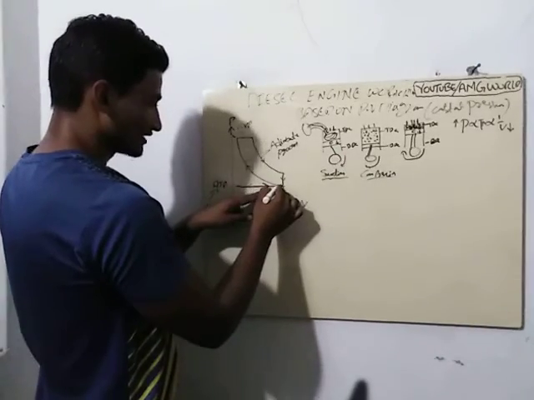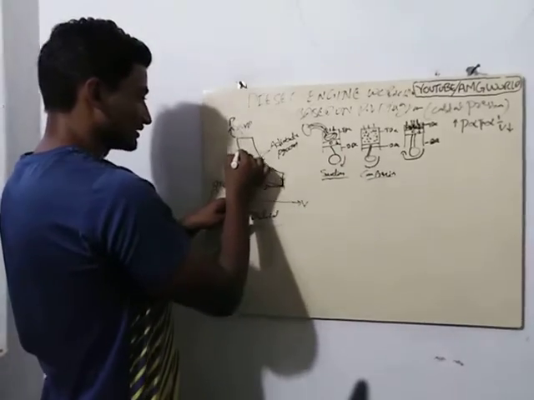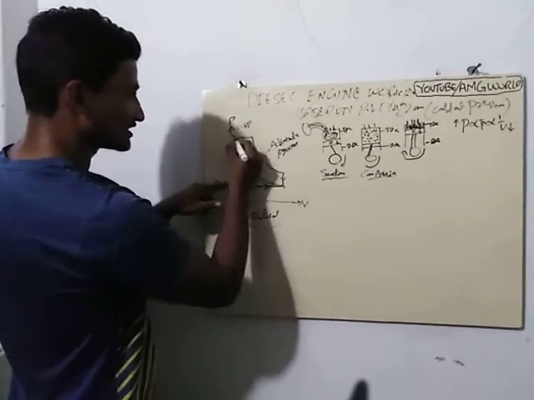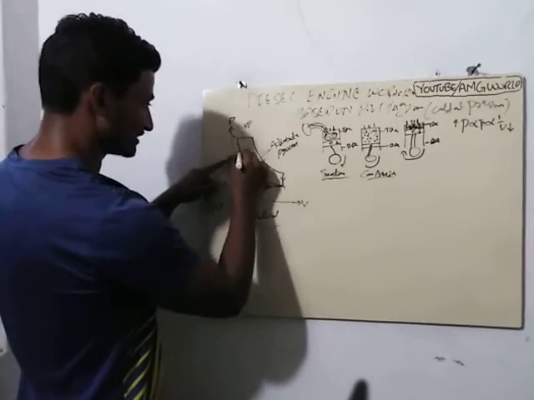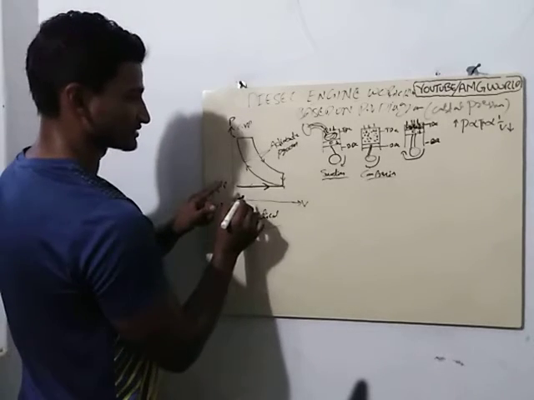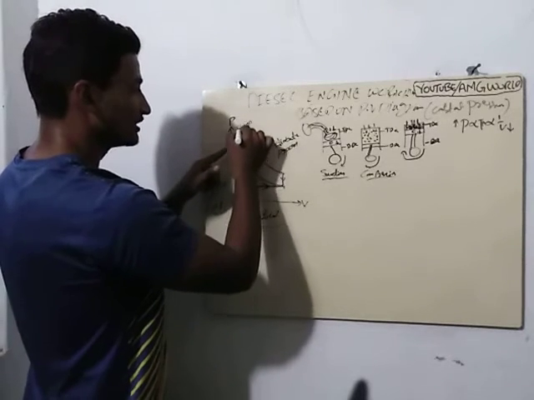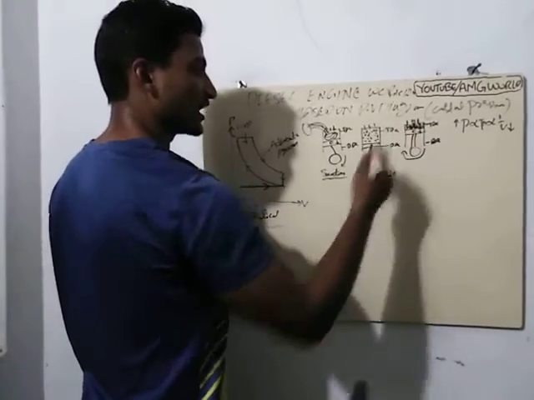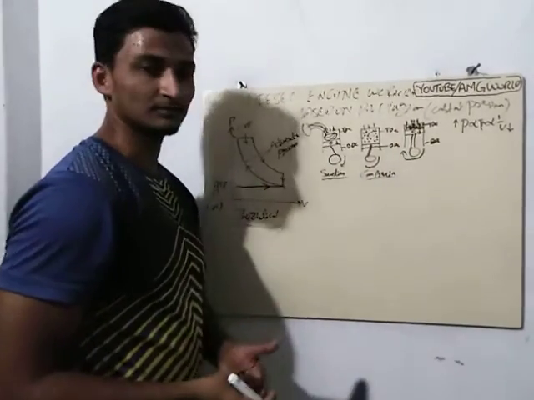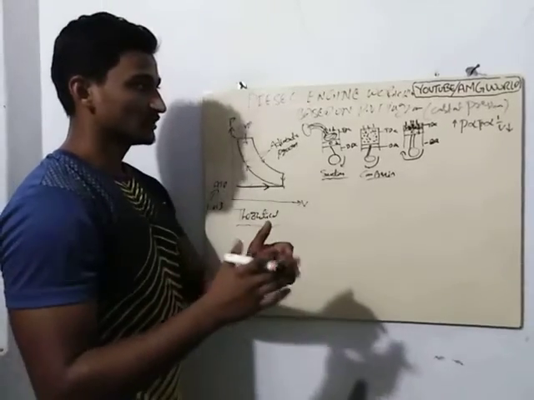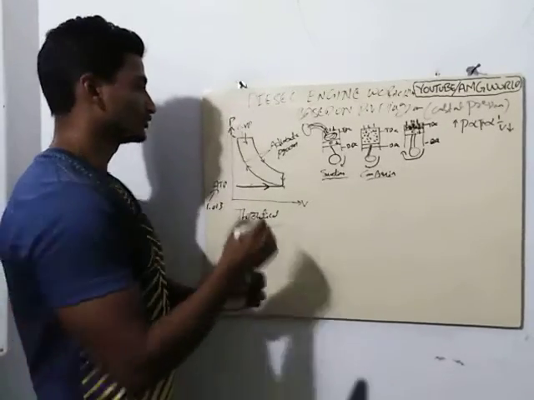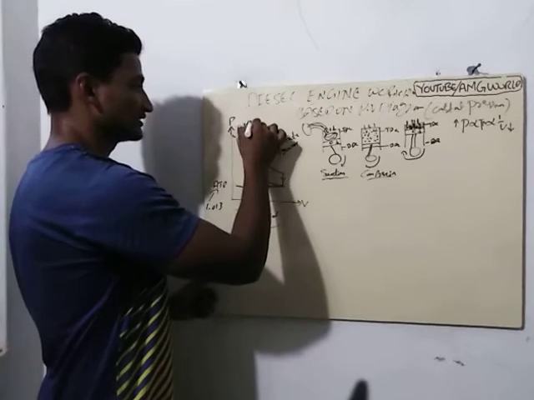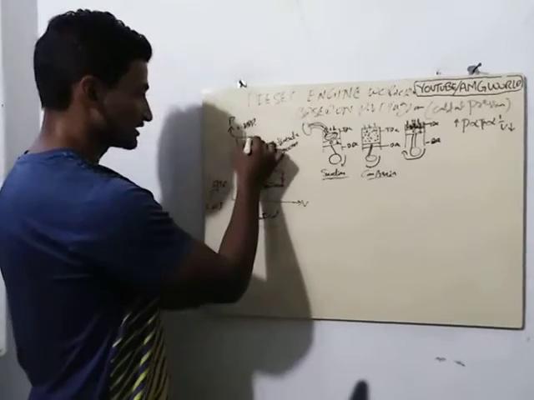So in this stroke, what happens? This is the compression stroke, right? Adiabatic compression. Look here, this is the compression, and here volume is reducing and pressure is increasing. This stroke works on the basis of the 1 to 2 process, and we have constant volume, constant pressure heat addition. Here the fuel is injected. Addition of heat means injection of fuel. So this fuel injection process takes place at constant pressure. So here comes the expansion stroke.